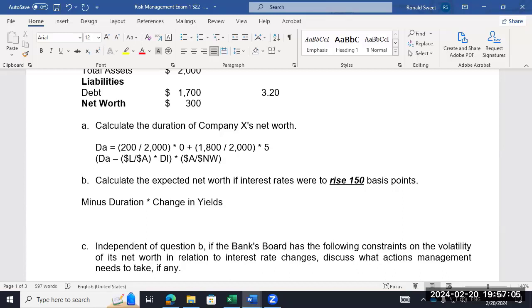Now, what's the change in yields in this case? How would you write it? Plus or minus. Yeah. So they're rising. So let's write it out this time. I'll write duration net worth for that, but we have minus duration of net worth times what? Plus 0.050. 0.15. So you got minus duration. The duration here is obviously going to be plus, minus the duration times that. So you're going to get a negative number, right? Because we know the duration net worth here is going to be positive.